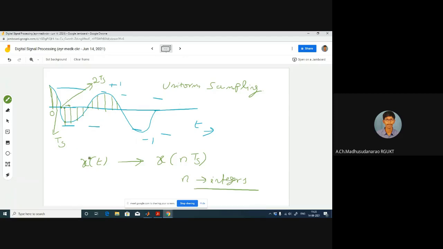Conversion of analog signal to discrete signal first. After converting into a discrete time signal, I'll convert this into binary form. Binary means digital signal. Next, I'll convert this into binary with the help of an encoder. Now I can try to process this binary data with the help of my program or code.